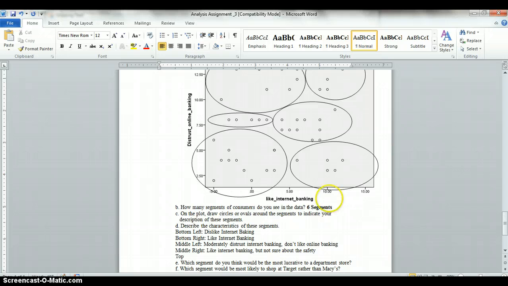So then we go top left. These people, I mean, they're the worst. They don't trust online banking, don't like it. And finally, our